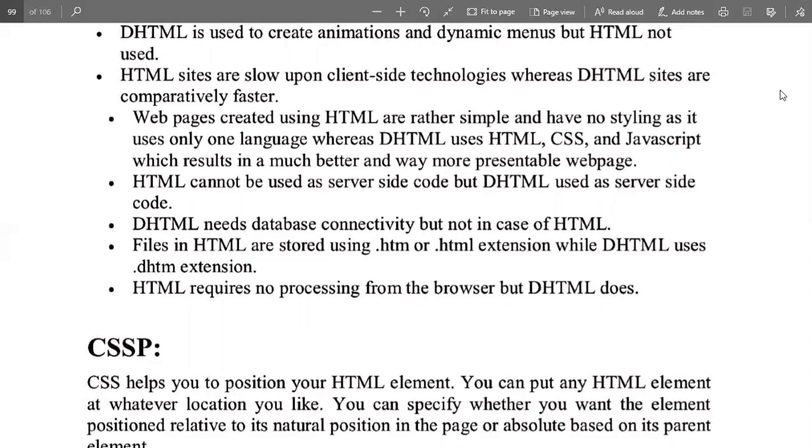All the features of these particular languages or utilities combine to form a single language, that is called DHTML.